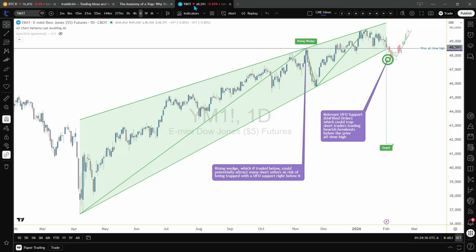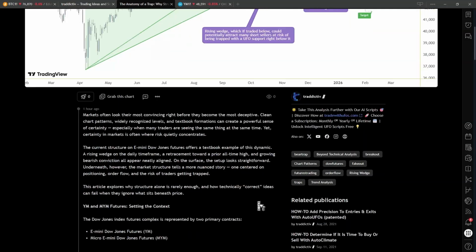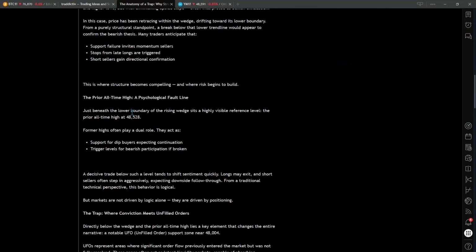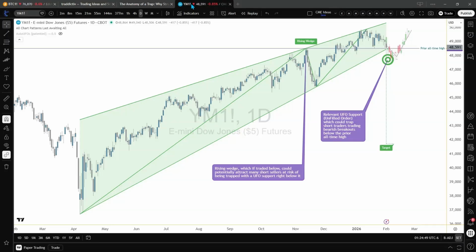But anyway, back to the setup, okay? And as discussed here in the article, you have the price level I was mentioning, 48,528 to be precise. As we are testing this particular price level, the thing is that right below price, there is a UFO. Now, for the ones of you that are not aware of what UFOs are, I'm turning on here